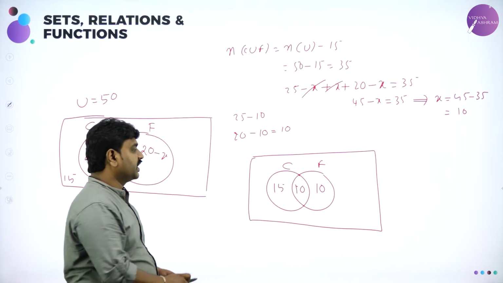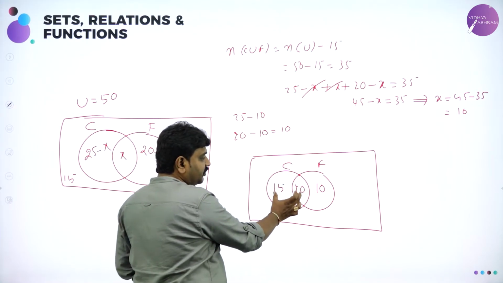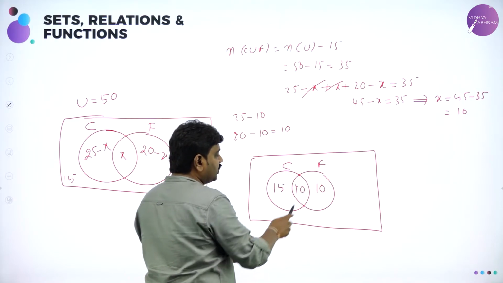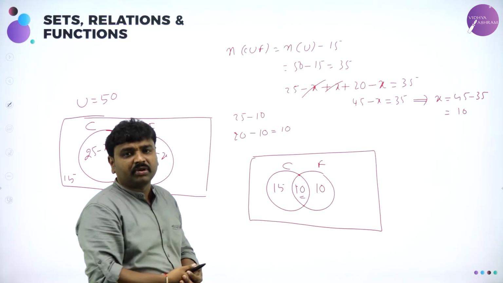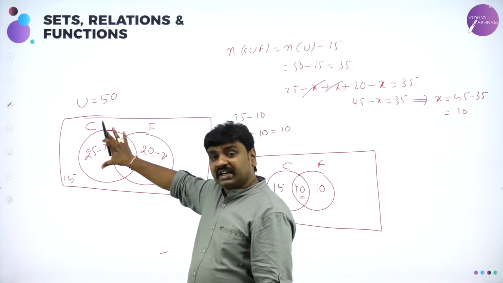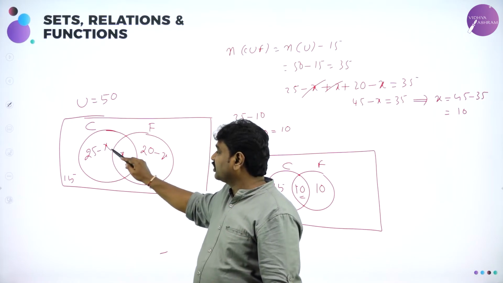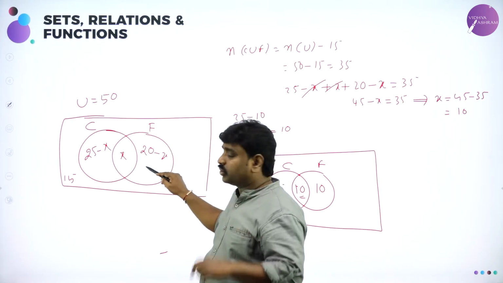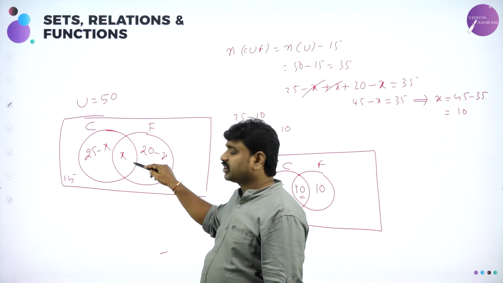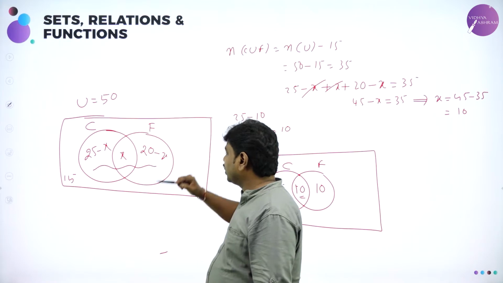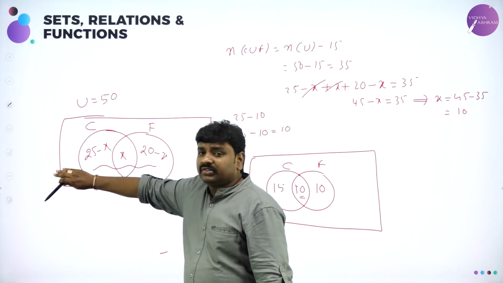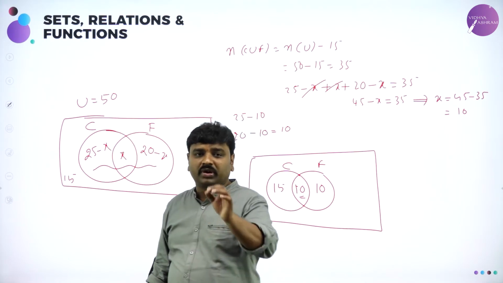This is the completed Venn diagram. See now, in cricket 15 and 10, if you add, 25 are there. In football 10 and 10, if you add, 20 are there. These are common, so 10 play both. First, the unknown you should take as x. Here for cricket they gave 25, which can be written as 25 minus x and this x. For football they gave 20; in that, remove x already because you filled x here. So 20 minus x plus x becomes 20. Now if you add all this, it should be equal to 50 minus 15. Here if it is not there, we can take it directly. I hope all of you got this.